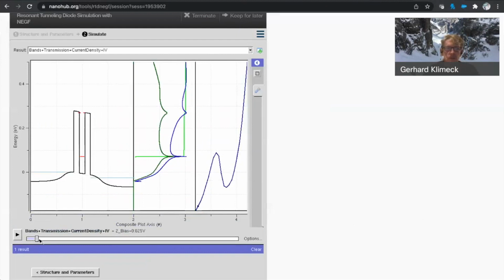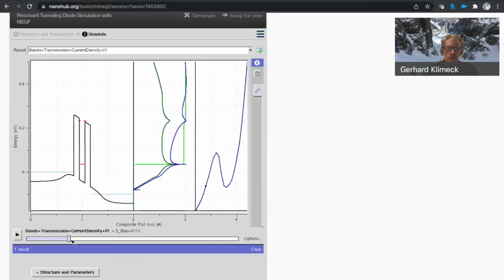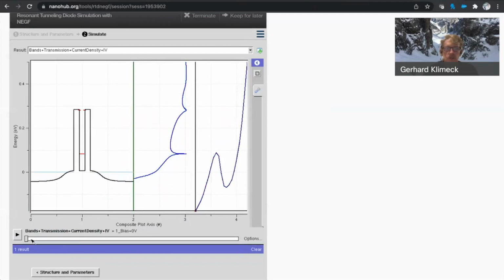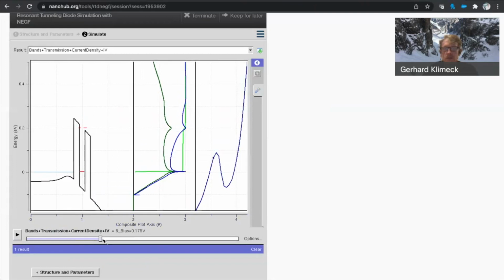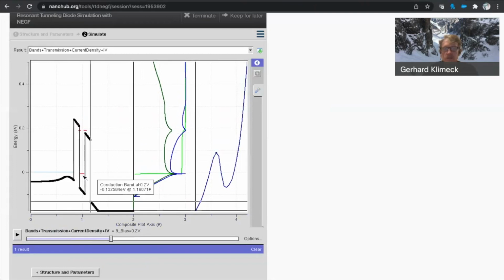And in this composite image, you can apply a voltage now, and current will rise as electrons are now flowing from left to right. And there's 3 plots overlaid here. Blue is a standard transmission, like here. But as soon as you have a bias, there's also then a current flow that is green, which is transmission times Fermi level left minus Fermi level right. And the light green one is actually the integral of the current. So you see that electrons are flowing through the ground state, and current rises roughly until